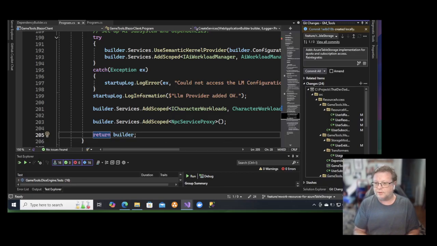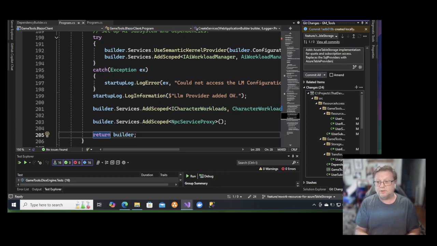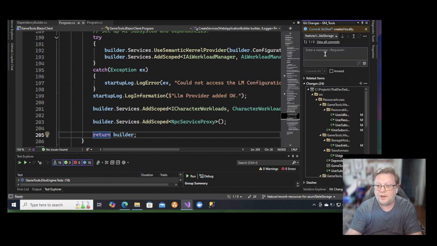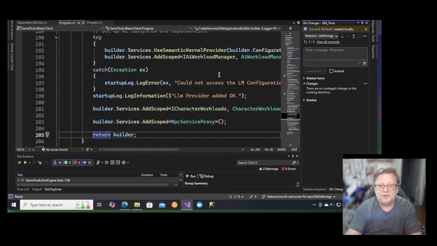Reintegrates, replaces the SQL providers with Azure Table providers for those resources. Commit. And we are not yet ready to push and do the pull request because we got to test the